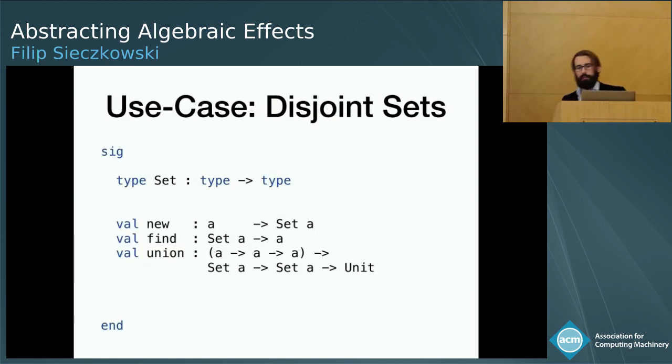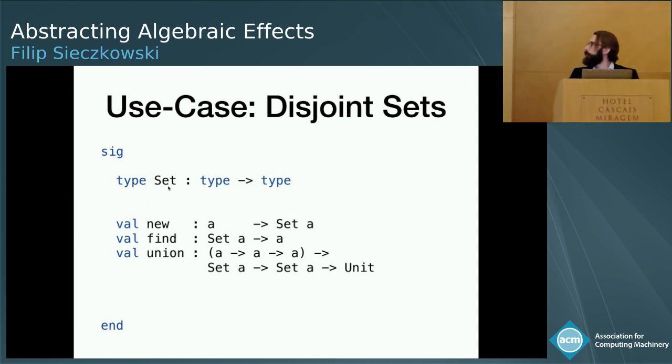And the use case on which I would like to present this is the disjoint sets data structure. So this is the slightly buttered version of an ML signature for disjoint sets, right?